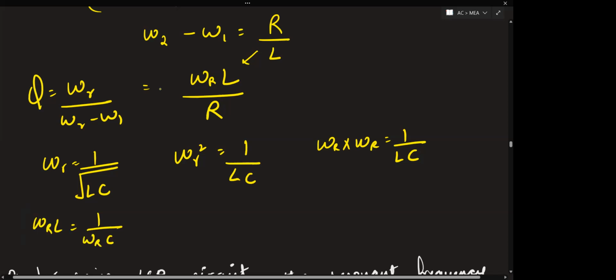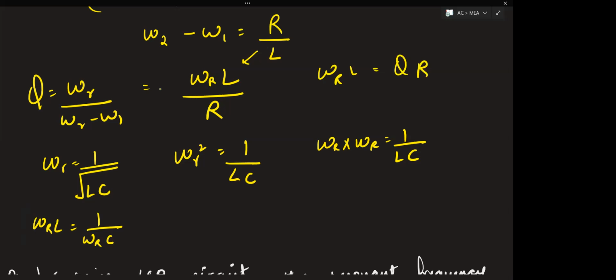Right? I have just substituted the terms. It's the main resonant formula only that is going on from here. It's just that I've substituted the terms. Omega R L, this can be written as what? From this equation, Q multiplied by R you can write. Or you can do one more thing. So if you see from here, Q will become equal to what?